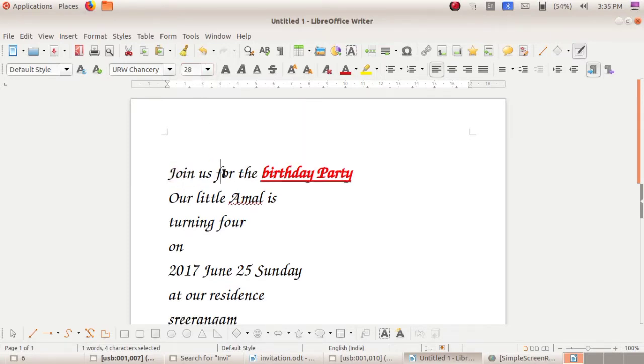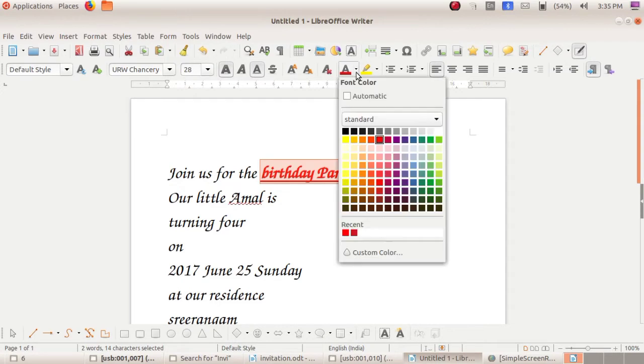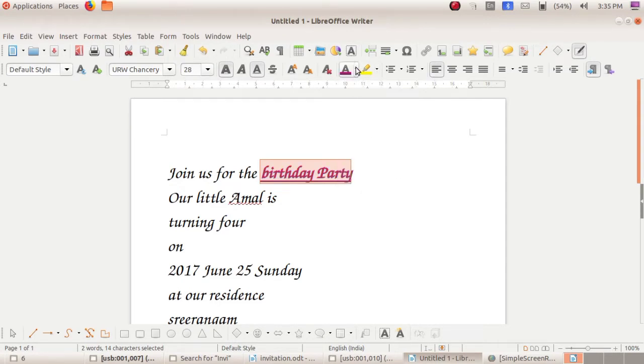Then next you studied changing the color of the letters. How could we change the color? Just select that, then go to the font color box. From this you can change the color. Then here we can see an underline.